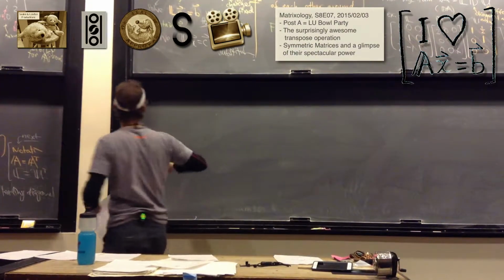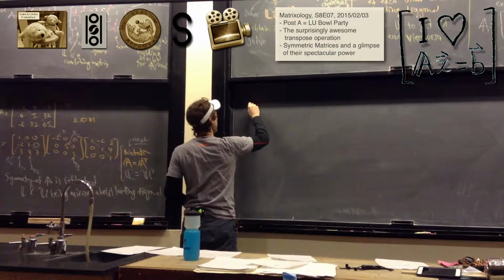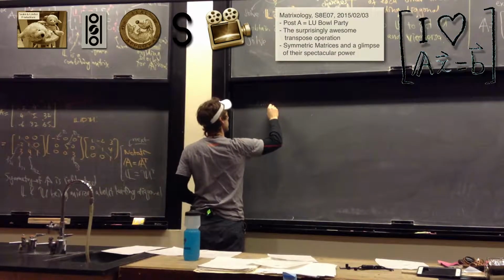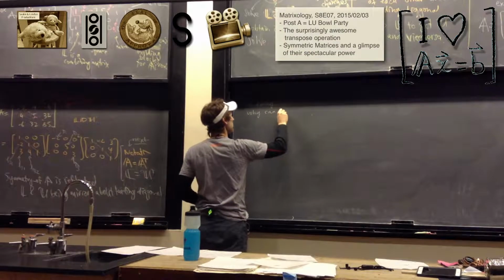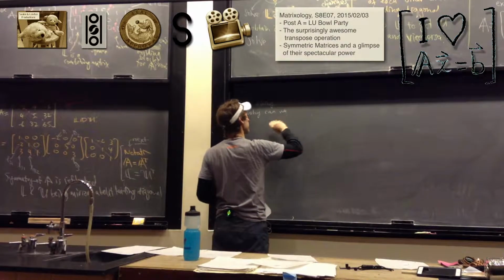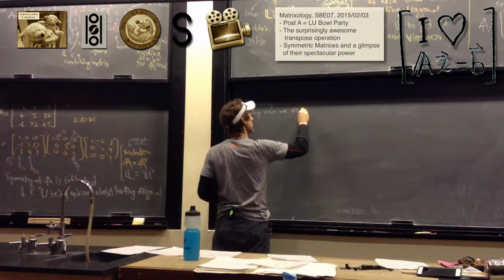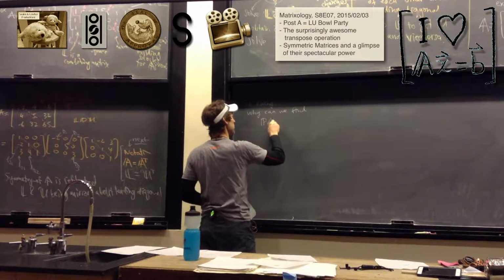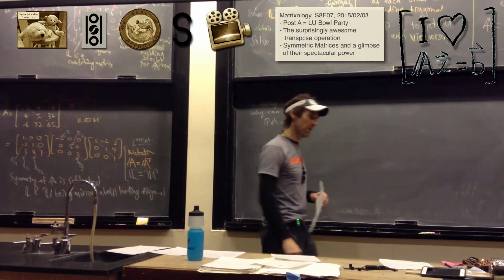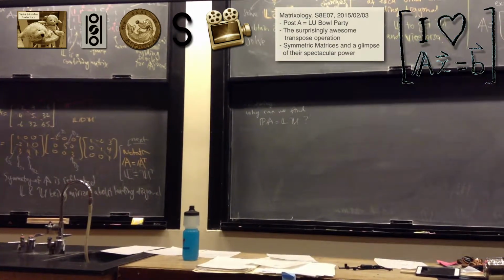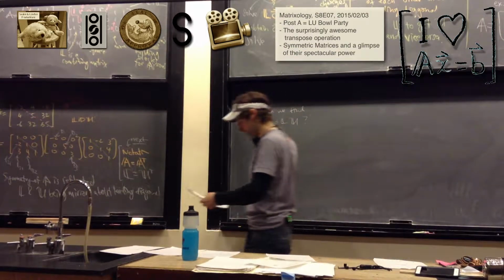So, okay, last thing. Why can we do this? Why can we find, and in general, it's PA equals LU. Why can we do this? So let me just try to appeal to, it's just sort of we'll go through this kind of 3x3 story